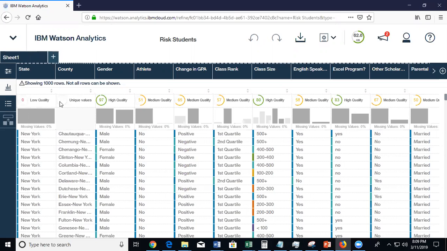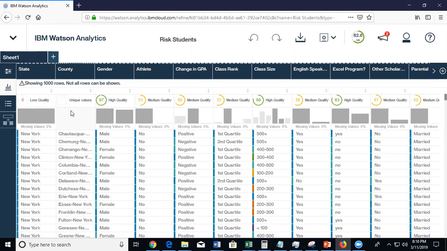Here, it says unique values, but secretly this column is not a unique identifier. It says unique values because the column has more than 50 distinct values. There are more than 50 counties in this data set. So that's the reason it says unique,